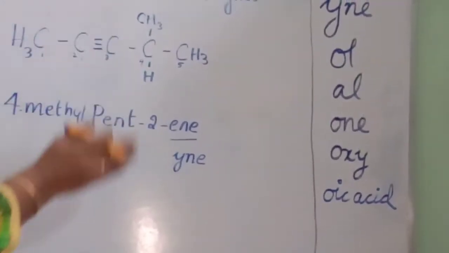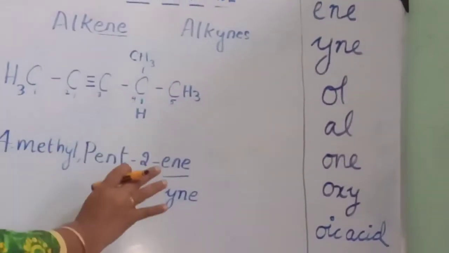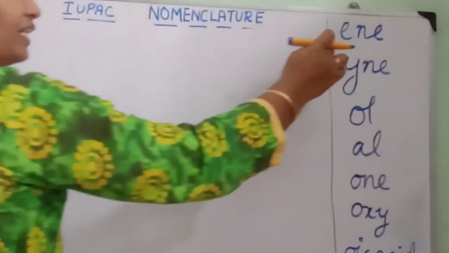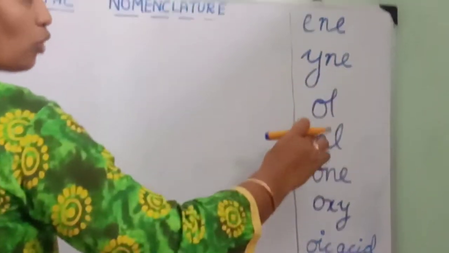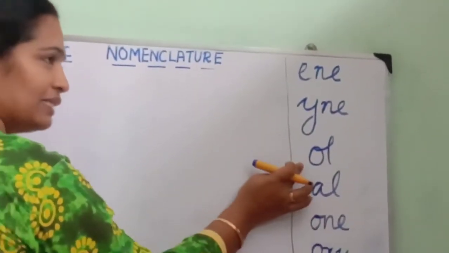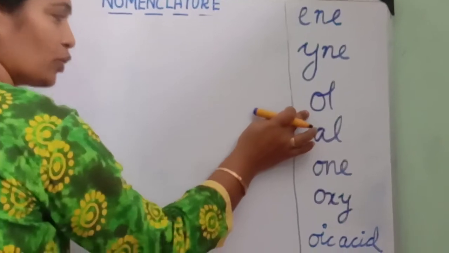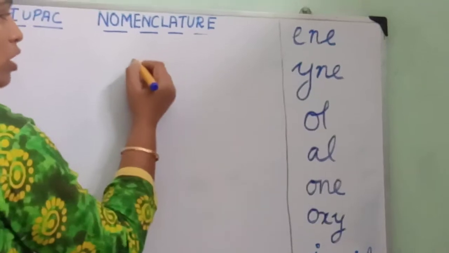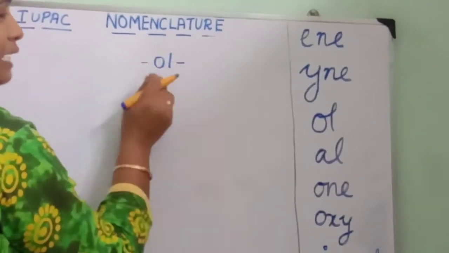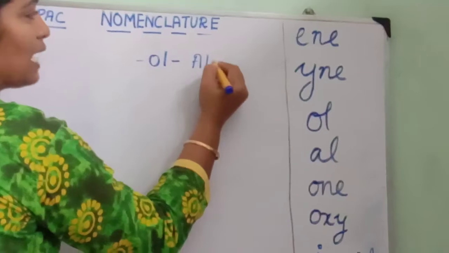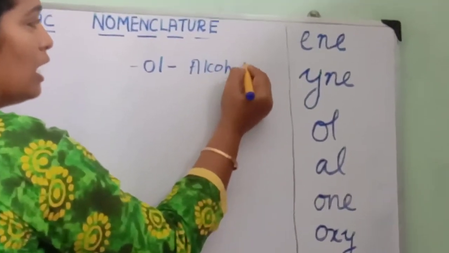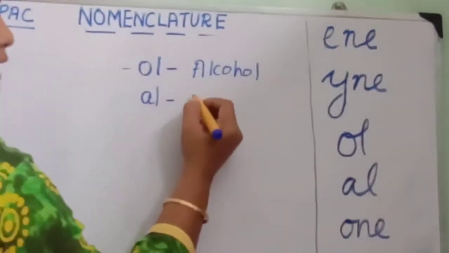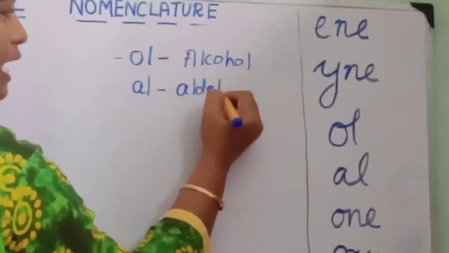So with alkenes and alkynes, I have explained with the same example, and I think you will be very clear with this. We have finished ene and yne. Let us go to ol and al. Ol means it is a compound having an alcohol group, and al means it is a compound which has an aldehyde group. So ol will come as the suffix if our compound is an alcohol, as I already covered in the first class, and al will be the suffix if our compound is an aldehyde.